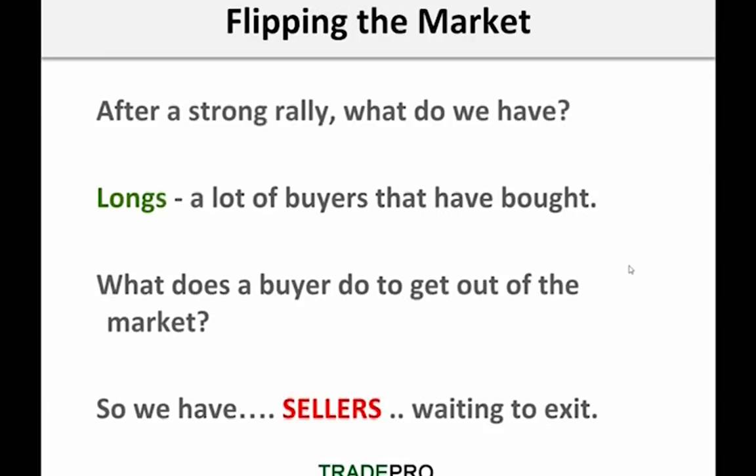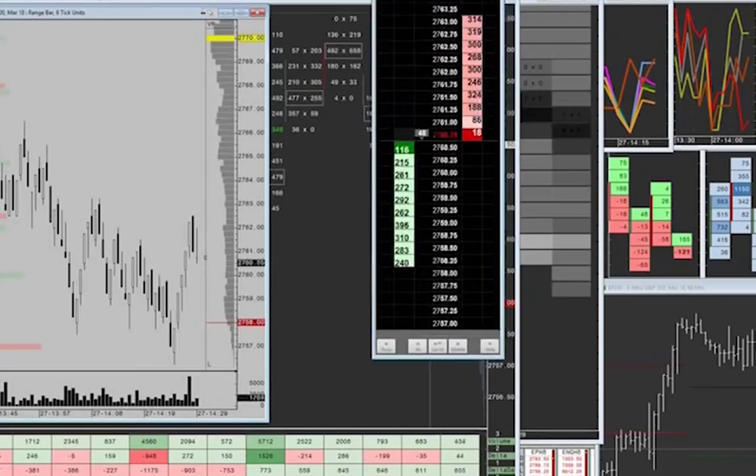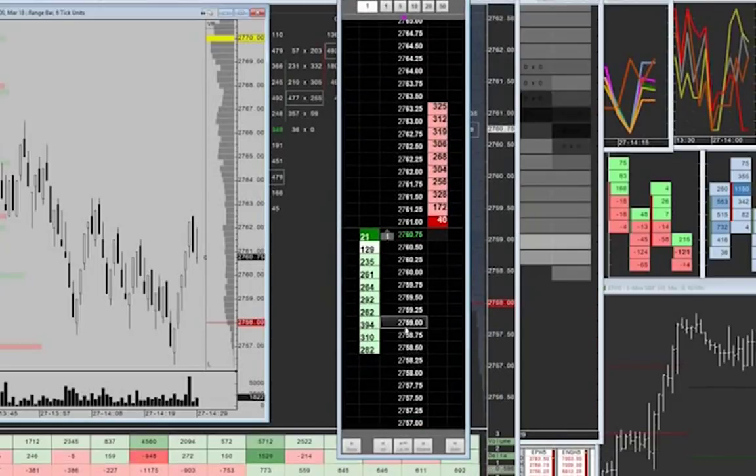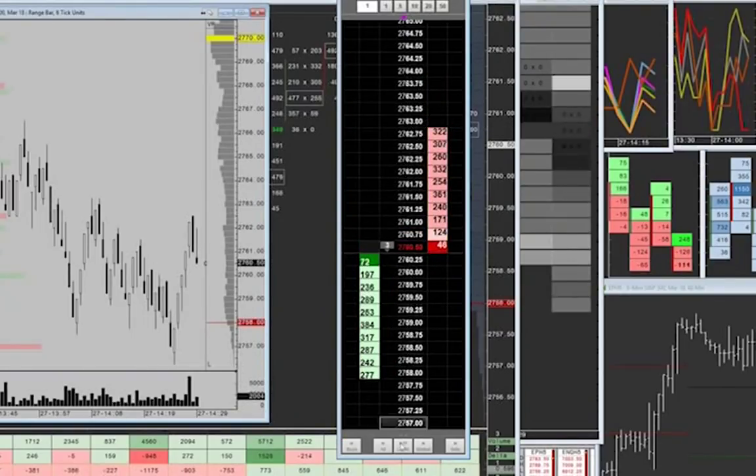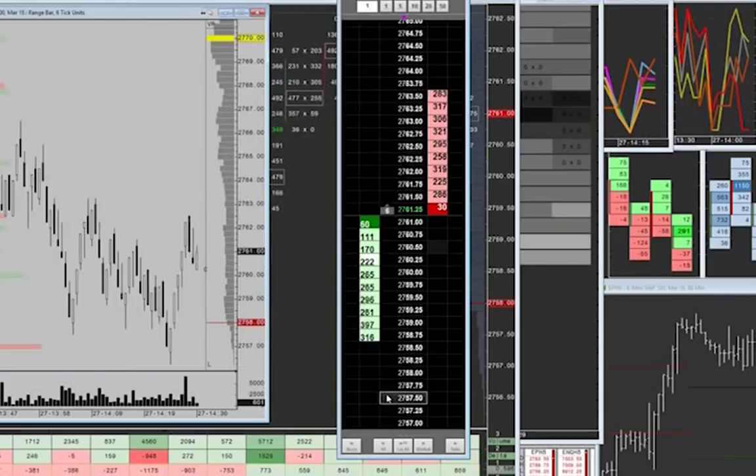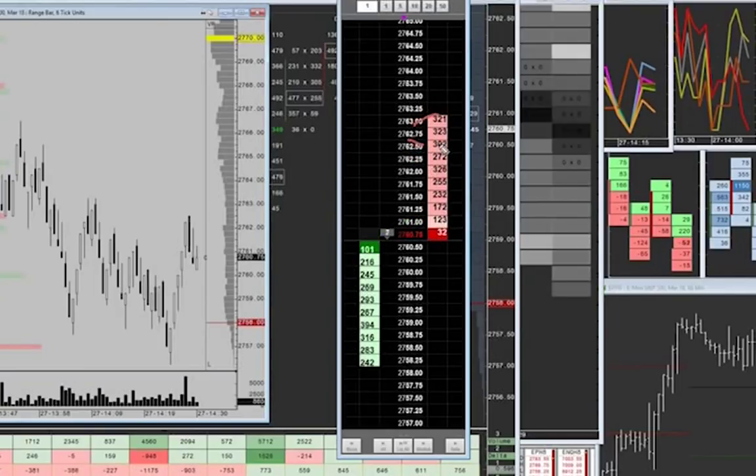Oftentimes, and I'll show you guys right now, I'll pull up the ladder on my account. Here's a ladder. This basically shows you buying on the right side, selling on the left side. And one of the concepts here is, let's just do a quick analysis. Where's the inventory at the moment? You could see you got a couple 300 contracts offering to sell the S&P between 62.75 and 63 even. And to the downside, you got 390 to about 59. The majority of your current positions are waiting to transact at 62.75 to 63.